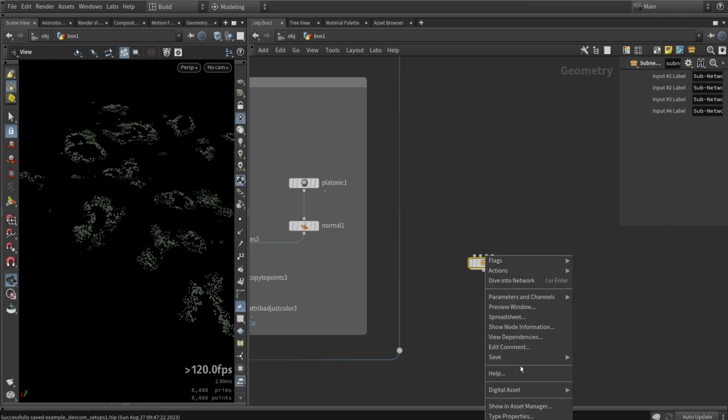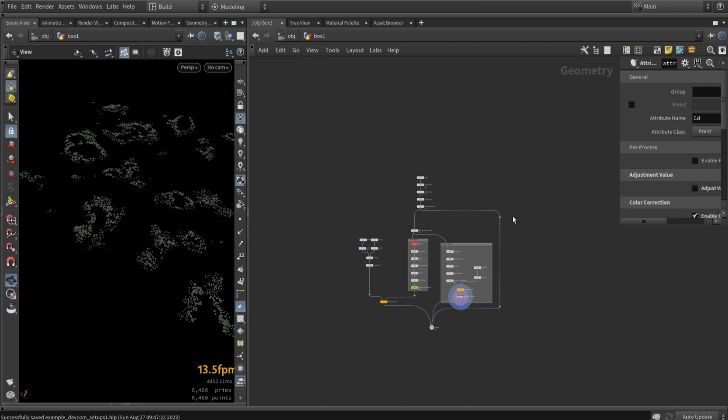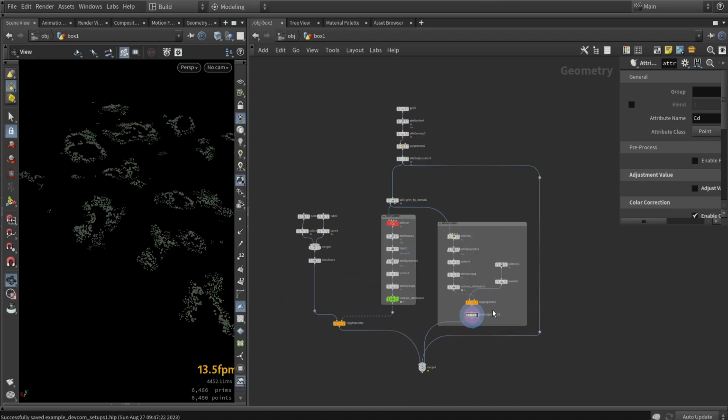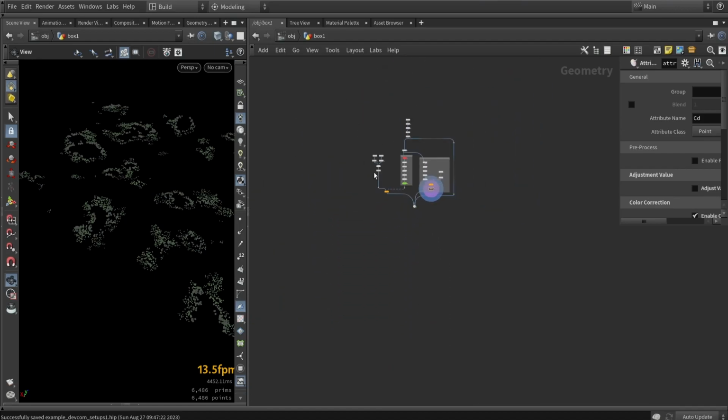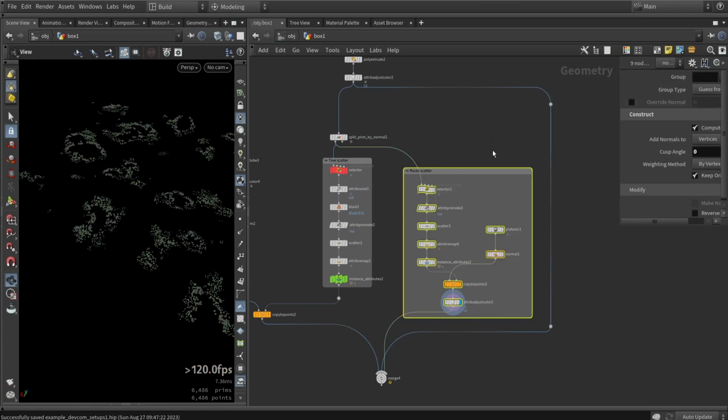So you can also make an HDA from this quickly. You can say create HDA. What I would use subnetworks for is usually with bigger networks and systems. So this network is maybe not the biggest one, but let's say this network was 10 times bigger. Then instead of using a frame to say that this is my rock scattering tool,